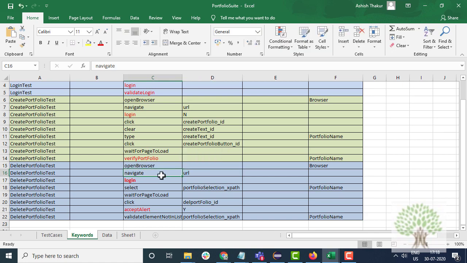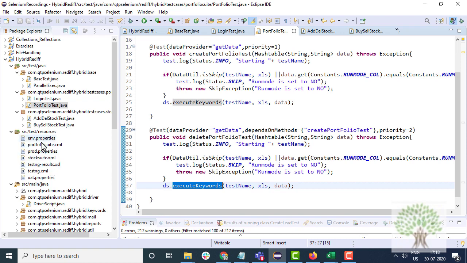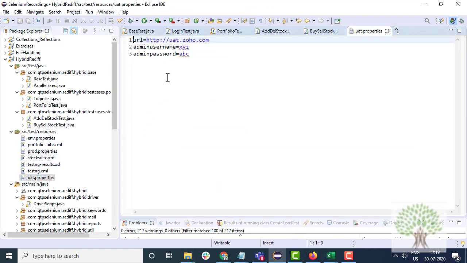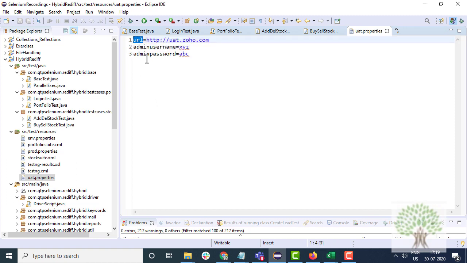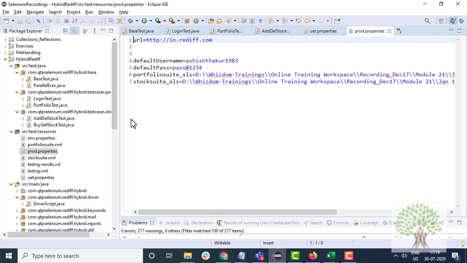This URL is defined inside our properties file. As I told you that you have got different properties files for different environments. This is the uat.properties file. This is for the UAT environment. This is the URL of the UAT environment. If I am running on production, then this is the production environment properties file. This is the URL of the production environment.